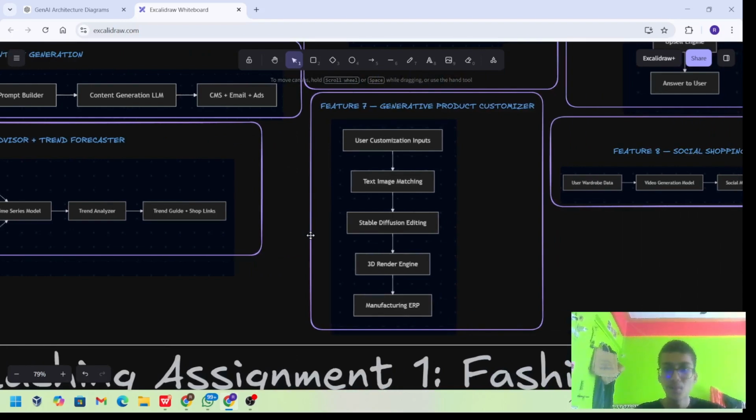The seventh one is the generative product customizer. So users can design their own clothes. The user's customization inputs will go through CLIP and diffusion, and then to the 3D render engine, and then to the manufacturing ERP. So AI will generate the preview images, the 3D models, and the product specifications, and then send the order to on-demand manufacturing, so that we get a clear understanding of the products and the user's requirements. If Myntra could integrate this feature, I think we could enhance sales,